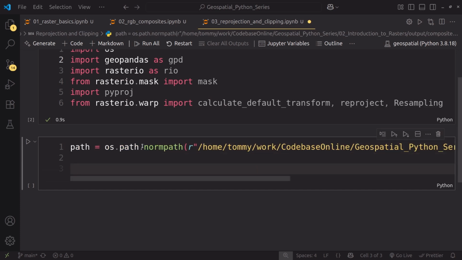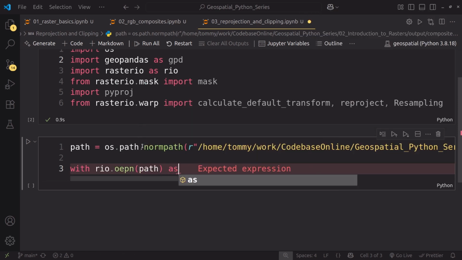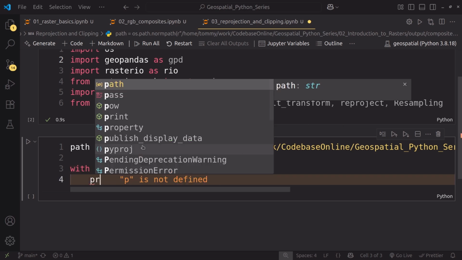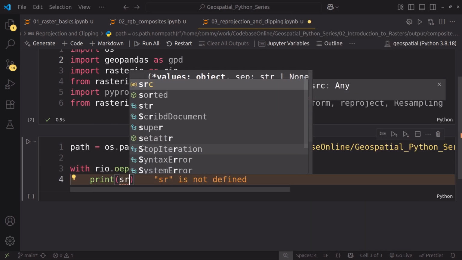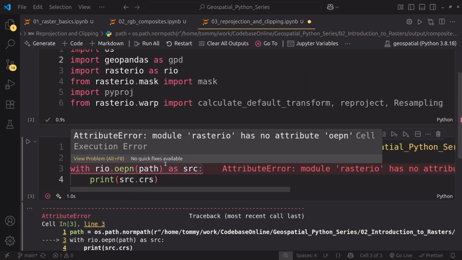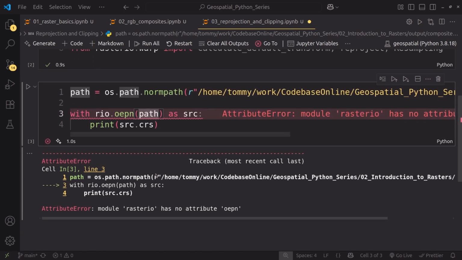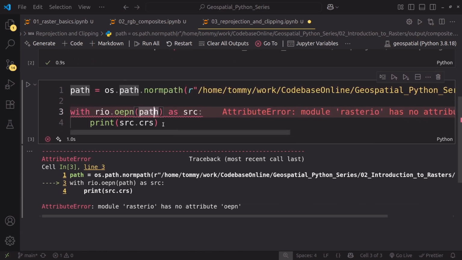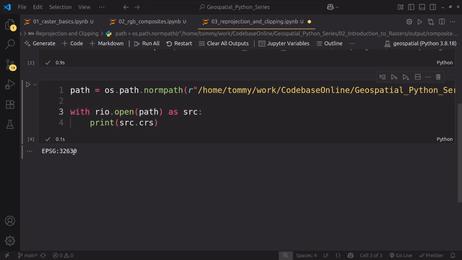All right, so I can now say, you know this convention already, we have used it many times with rasterio.open, and I'll open path as src, and then here I can print src.crs. Okay, it's in EPSG 32630, the WGS 1984 UTM zone 30N,